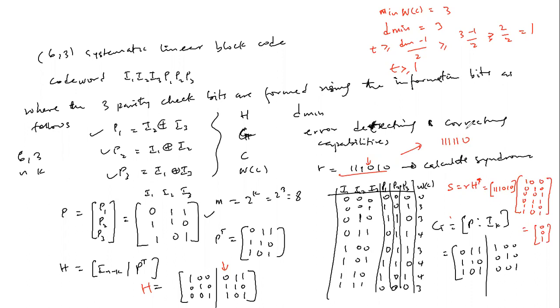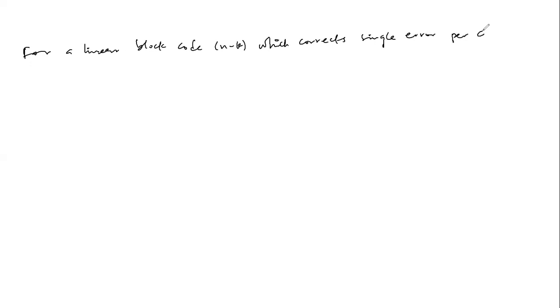That's that. So let us consider a final example. Then that will be it. So let's say for a linear block code (n, k) which corrects single error per code vector,